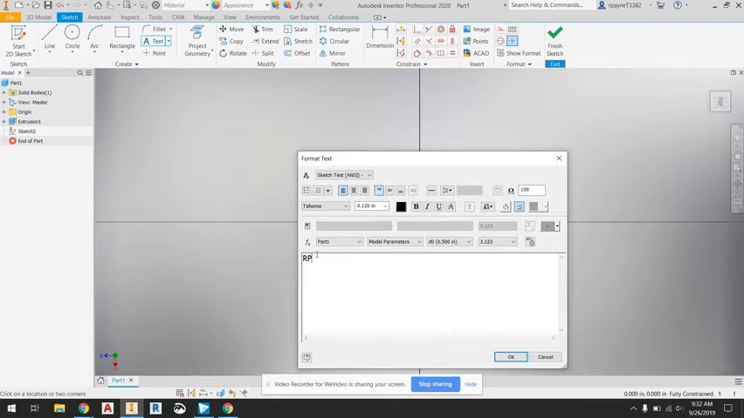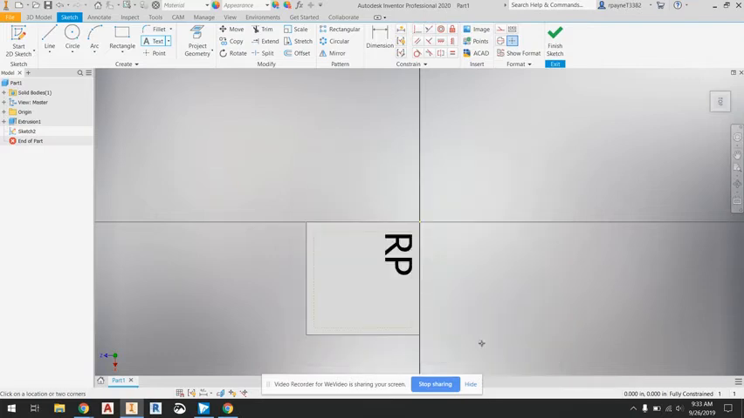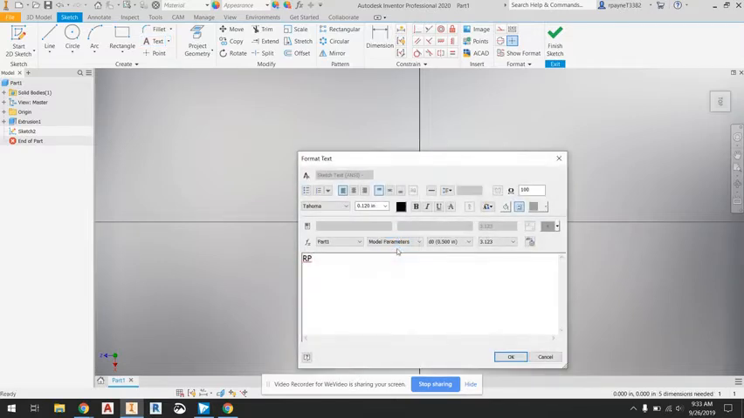So there's my initials. And if I say OK now, you'll see that this is the size of the text, 0.12, like 12 hundredths of an inch. It's going to be pretty small. Also the direction's not exactly where I wanted it. So if I hit escape to get out of the text feature, I can then double click on it to